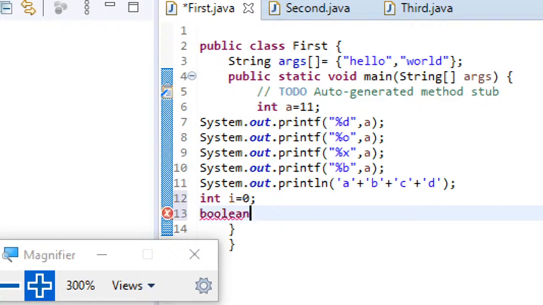These are for exam purposes. These are all the tips I'm giving for exam purposes.